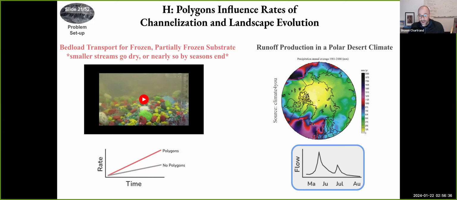Now this problem is made a little more difficult by the fact that a lot of the Arctic in Canada is a polar desert climate. In particular, where we worked right here on Axel Heiberg, we're looking at annual precipitation totals of less than 100 millimeters. It's just not that much water to do work to the landscape to drive the development of these